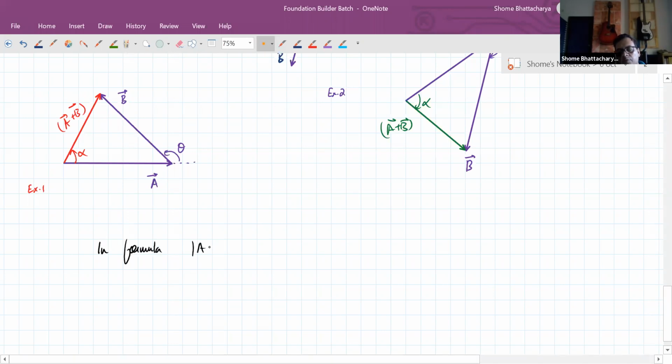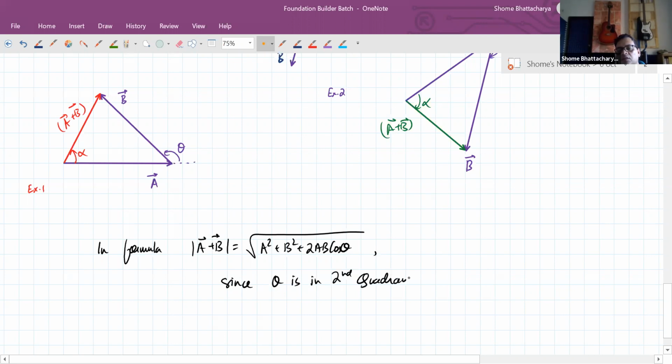In the formula, mod of A plus B equals root of A square plus B square plus 2AB cos theta, since theta is in what we call the second quadrant, trigonometrically we use the ASTC rule. That is, when theta is greater than 90, we use the formula